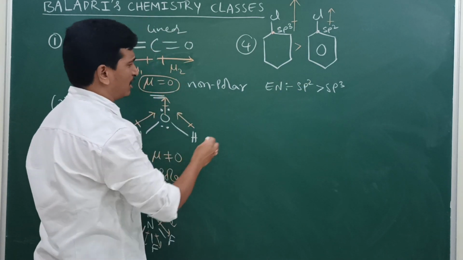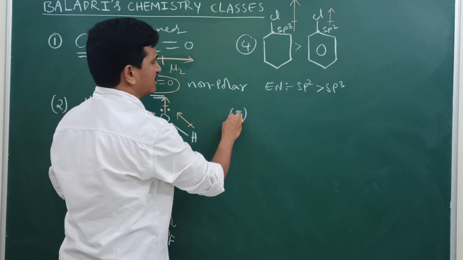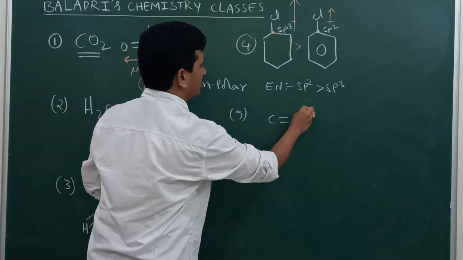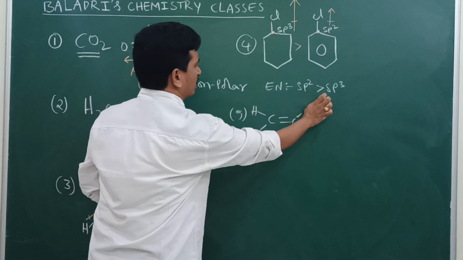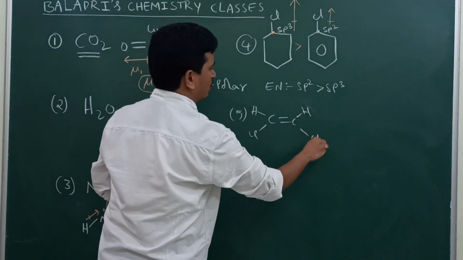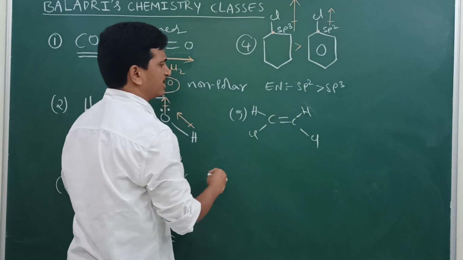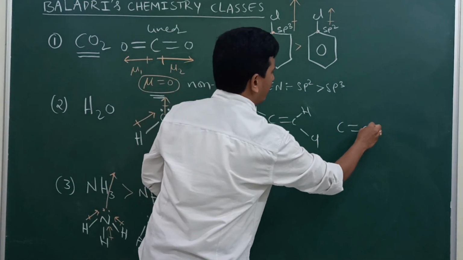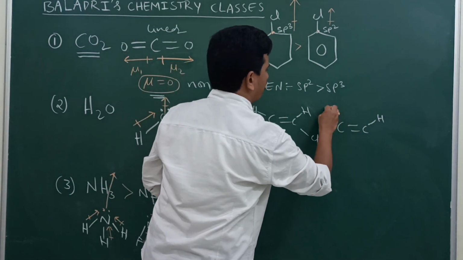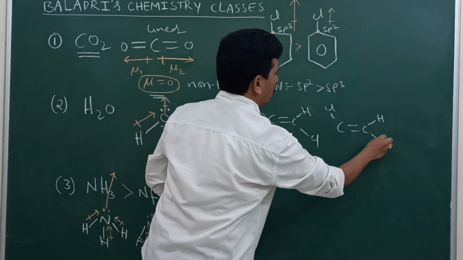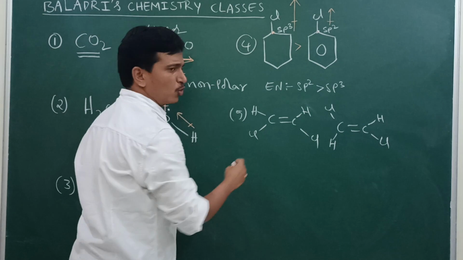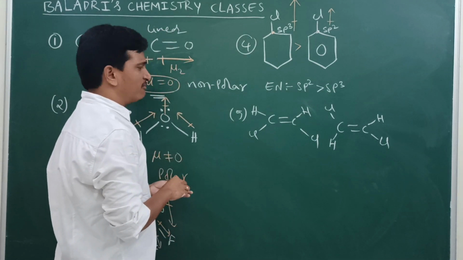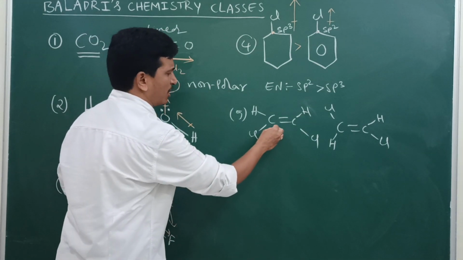Okay. Next we can take one more important example. Here you can take this compound I am giving. It is cis. Let me write cis dichloro. So cis 1,2-dichloroethane I am taking, and trans 1,2-dichloroethane I am taking. Now this is cis, this is trans dichloroethane. Now we will decide the dipole moment of these two molecules.